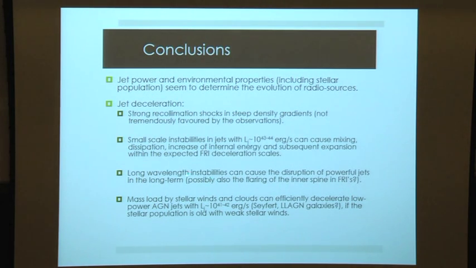And just to finish a small comment, this is a question more than a comment. In the FR1 images that I showed in the beginning by Laing and Bridle that you see, and many authors also, there's a very nice picture of NGC 315 by Worrall et al. You have an oscillation of the jet before it finally disappears, the spine finally disappears. And this oscillation, could it be also the development of a long wavelength instability in the shear layer between the spine and the shear layer itself and the mixing layer,